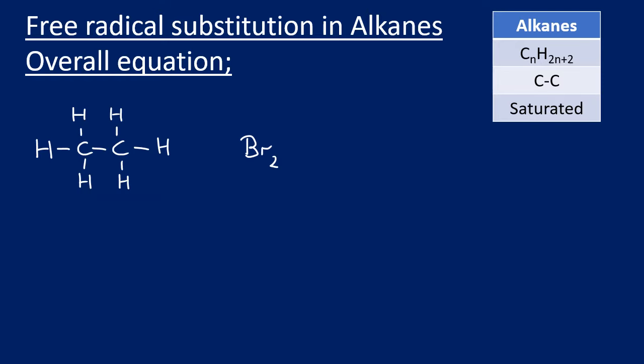So let's look at the overall reaction to start with then. This is known as the free radical substitution. That's because free radicals are involved and it's a substitution reaction. What we're going to be doing is one of the hydrogens, and it can be any of the hydrogens in the alkane, I've just circled one of them there, one of the halogens will swap with one of the hydrogens. So our product, in this case,